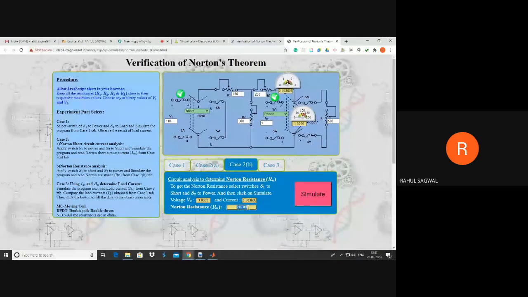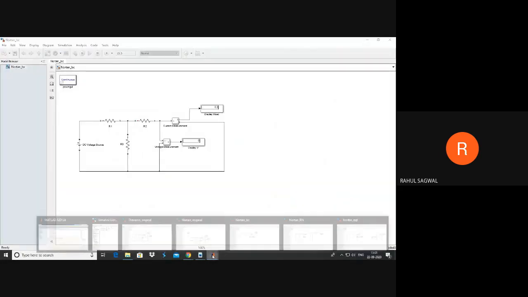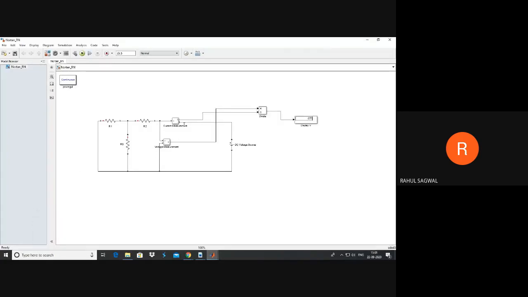Accordingly, resistance will be 275. 0.0036. If you compare it with your model of Rn. Okay, I have now directly done this. Or else if you connect this branch to display, you'll get that value 0.0036.